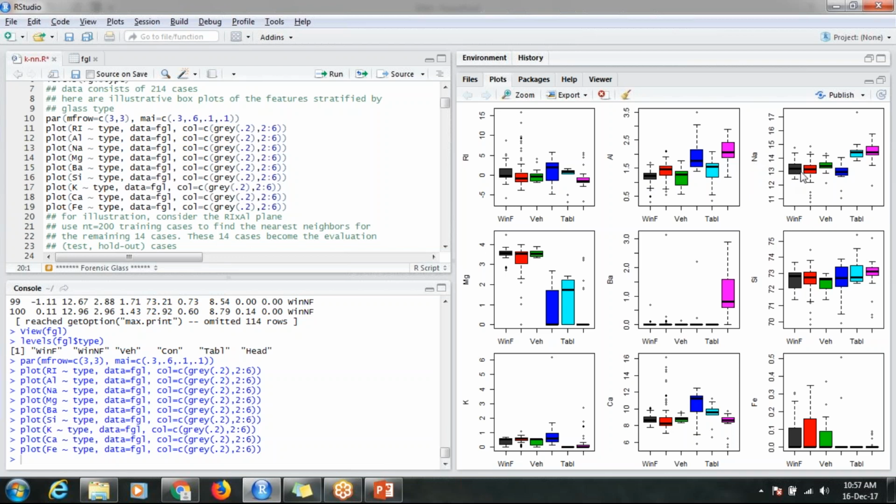Sodium also, I can see the trend here. Magnesium for the first type is quite high, and for others,